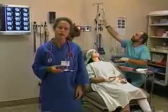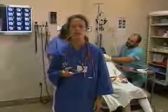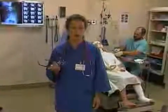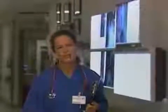We see a lot of trauma here, but injuries to the eyes, they're different. So when a patient comes in with multiple injuries plus ocular trauma, chemical burns, thermal burns, foreign bodies, visible or not, the eyes can't wait. Fast, immediate treatment of the eye calms the patient, makes it easier to work on other injuries, which is why